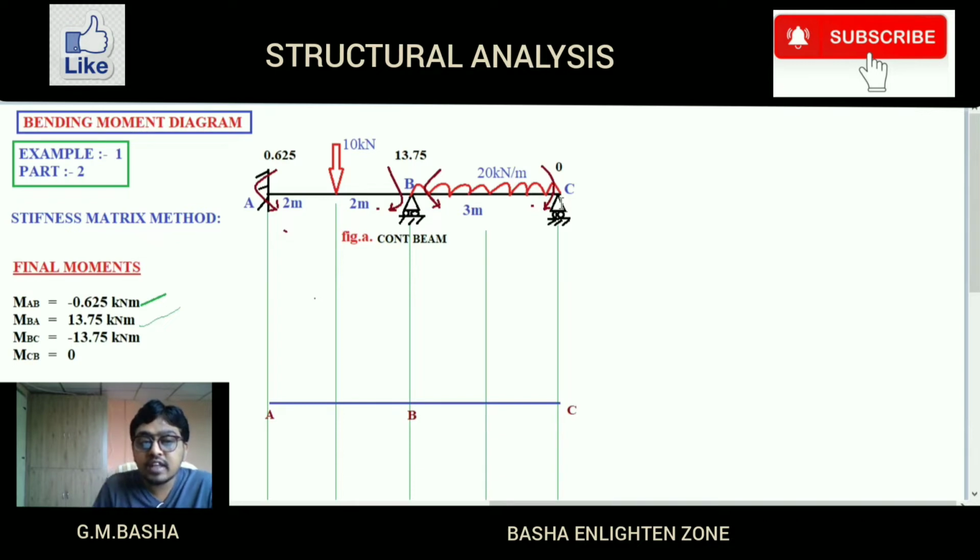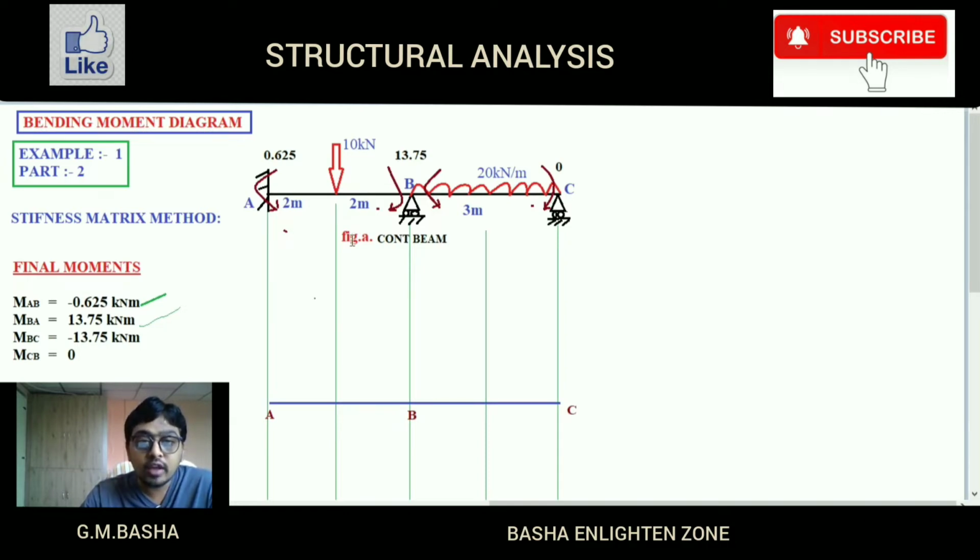For example, if an eccentric load is acting, it will be in the shape of a triangle only. But here a point load is acting exactly at the center, so you will get a triangle with both sides equal, with the ordinate exactly at the center. For example, if an eccentric load is acting at a distance of 1 meter by 3 meters, there also you will get a triangle, but the angles are not equal, which is a non-isosceles triangle. But here the point load is acting exactly at the center, so the triangle has both angles equal.